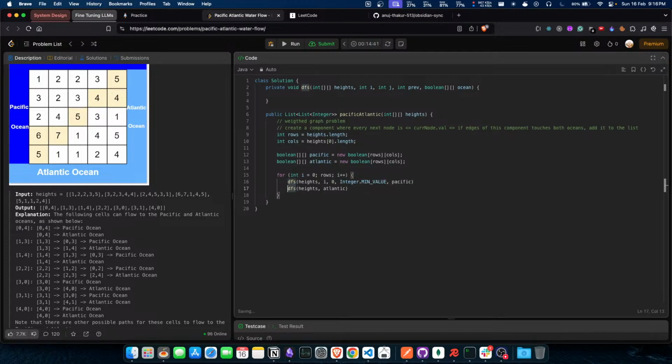I'll send this as previous, and for every other row, which is what? This will be from 0 to rows, from here to here, right? I need to send from here to here also. So it will be I and value. This is something that will be done over here. Similarly for